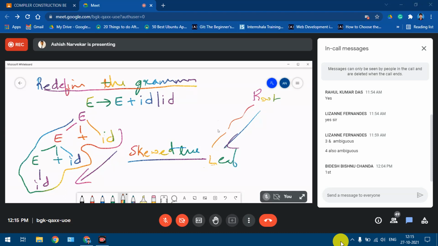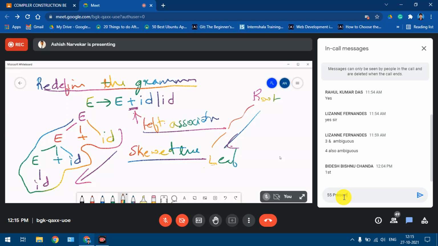So in the case of associativity, we can make the grammar a left recursive grammar. Now, which grammar can be converted into left recursive grammar is a question. Looking at the operator, we can convert the grammar into left recursive. Here the plus operator is used, and the plus operator has left associativity. Since it has left associativity, that's the reason we are transforming it into a grammar such that the parse tree goes towards the left.